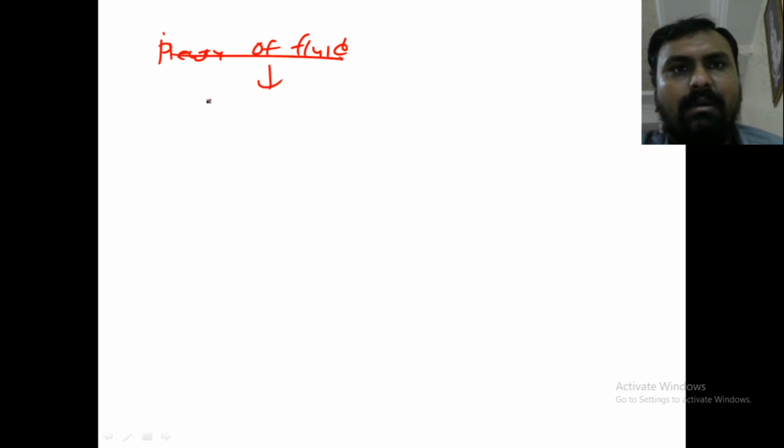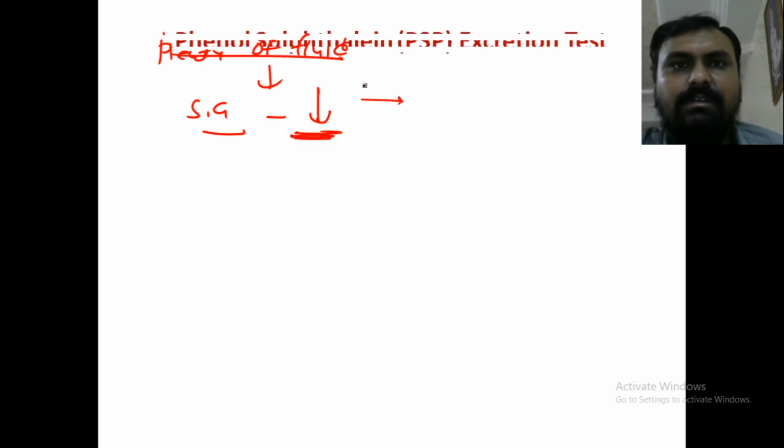Okay. So in the dilution test, we give plenty of fluids, and normally the specific gravity after giving plenty of fluids should be decreased, and that is suggestive of normal function. That is a dilution test.